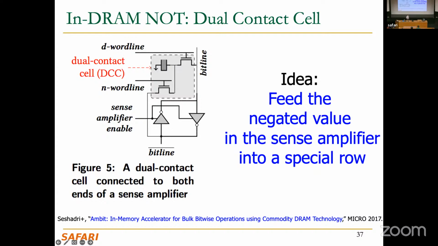And the main idea that we are going to use here is the fact that this sense amplifier here is actually 2 back-to-back inverters connected in a loop. So we already have a NOT implemented inside the DRAM chip natively. We are going to redirect one of the outputs of these amplifiers back to the DRAM cells using these dual contact cells over here, this transistor, and this allows us to have the negated version of one of the inputs as needed. So now we can do AND, OR, NOT and copy operations as well.